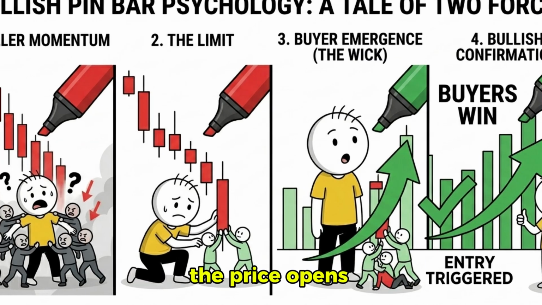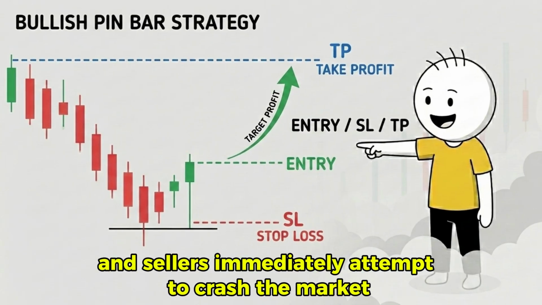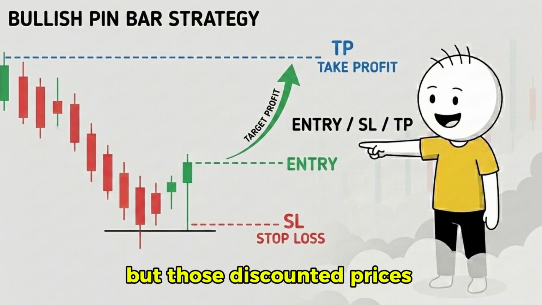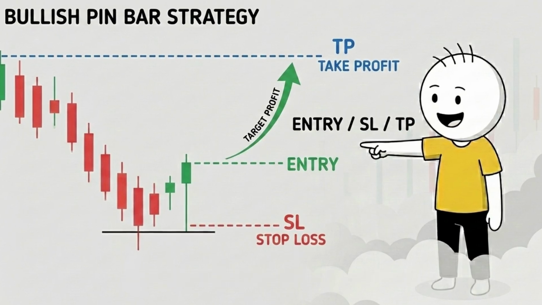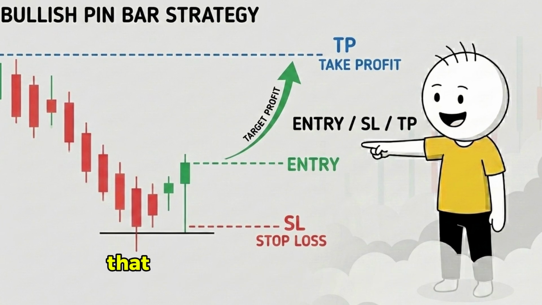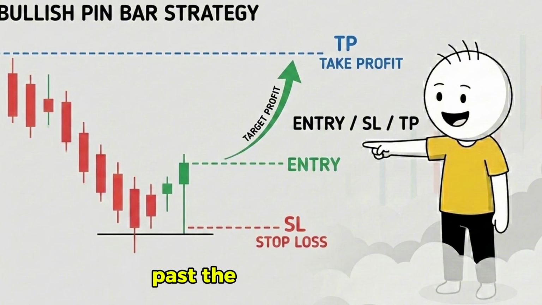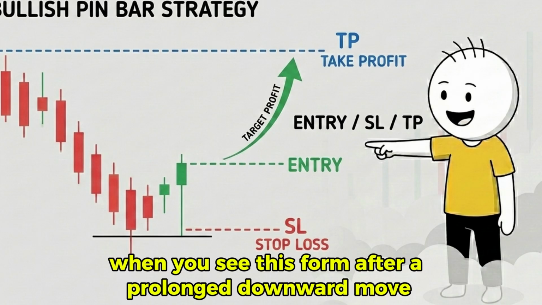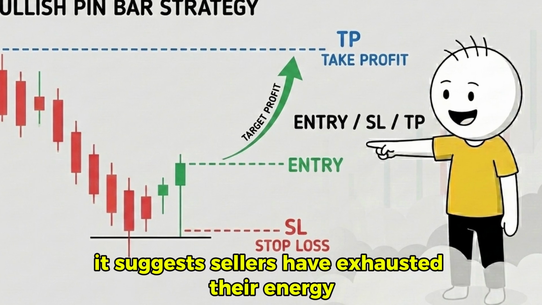The price opens, and sellers immediately attempt to crash the market. They succeed in pushing prices quite low, but those discounted prices trigger a flood of buy orders. The buyers are so much stronger that they push the price all the way back up past the opening point. When you see this form after a prolonged downward move, it suggests sellers have exhausted their energy and buyers are